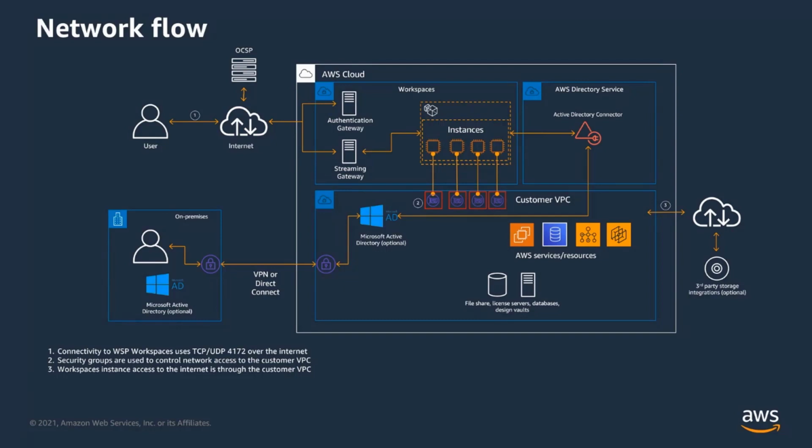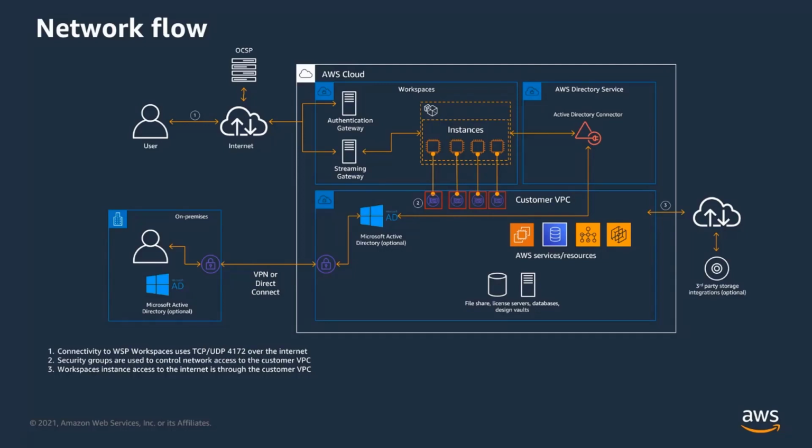The instance itself is hosted inside an Amazon Workspace VPC that is a fully managed private VPC run by Amazon. The way that it is instantiated in your customer VPC is through the existence of an Elastic Network Interface, or ENI, that persists within your customer VPC. The great thing is that Workspaces enables you to use the common networking and security controls you're used to in AWS to provide network and security controls for your workspaces. So things like security groups and subnetting are all part of your workspace configuration